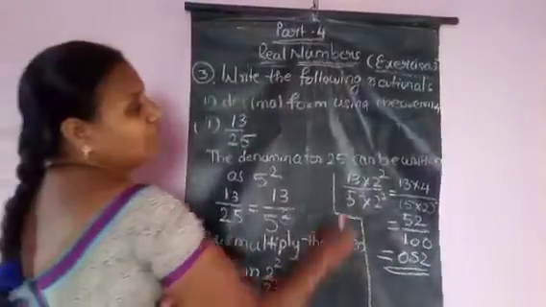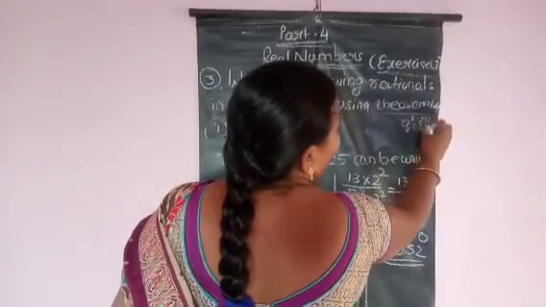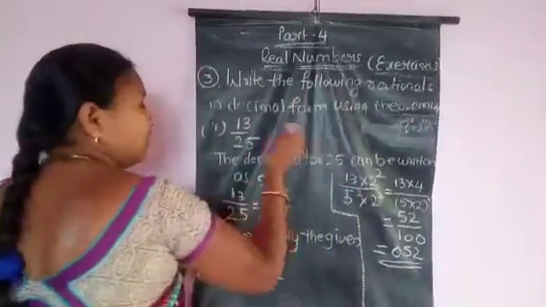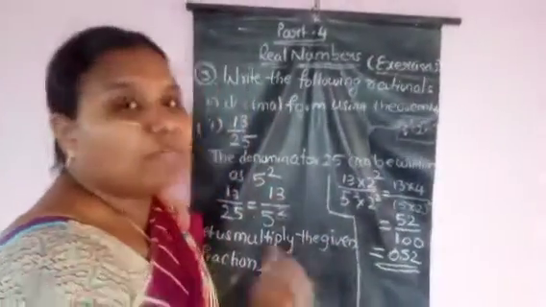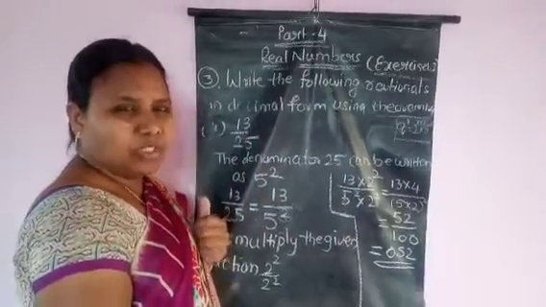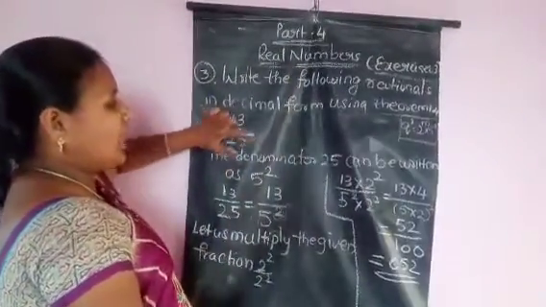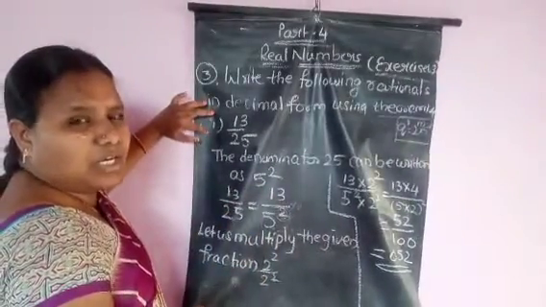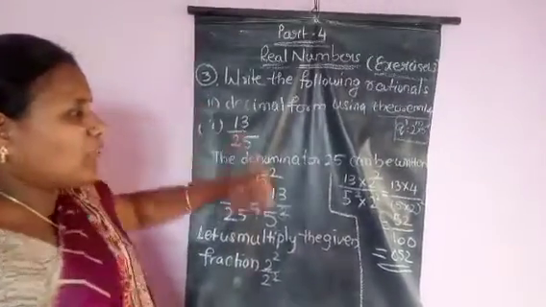Now this is the rational form of the given number by using theorem 1.4. By using theorem 1.4, we have to check that q is of the form 2 to the power of n into 5 to the power of m. If the given denominator is of this form, we can convert it to the decimal form. If the denominator has only 2 and 5 powers, we can convert it to the decimal. Is it clear, children? Is it clear? Okay, please copy this.